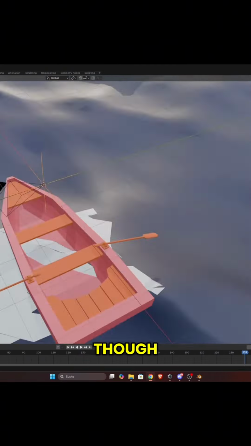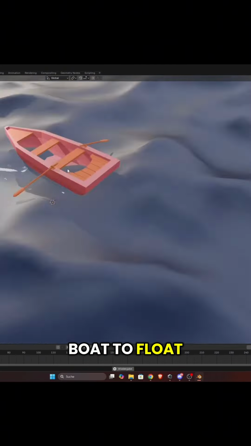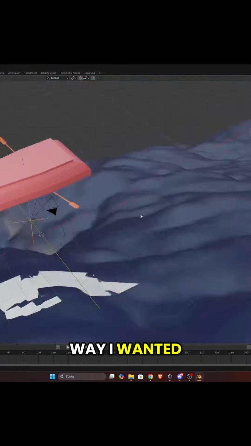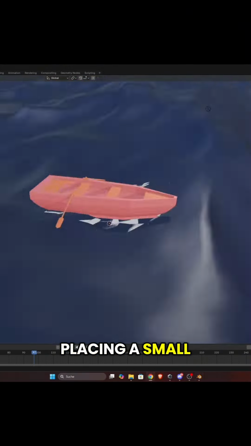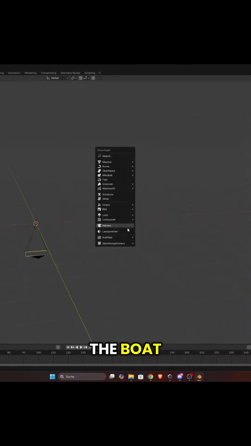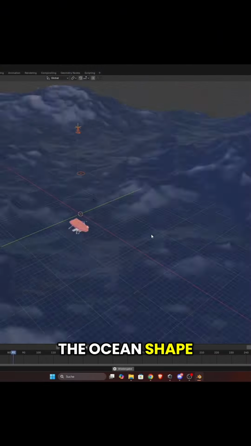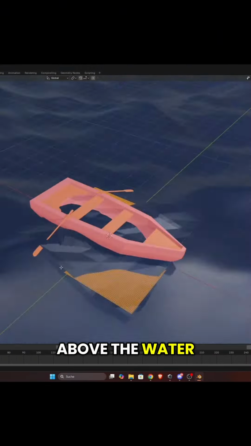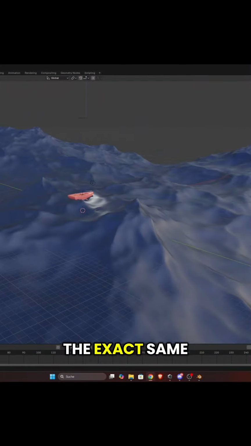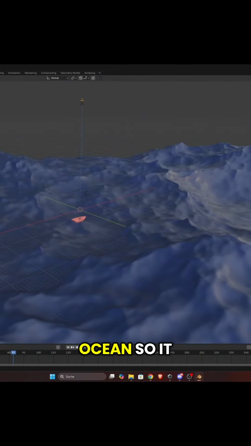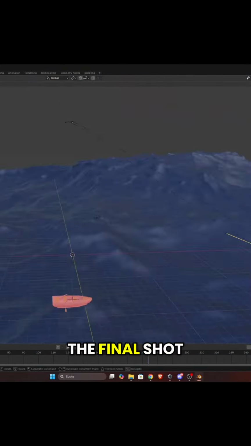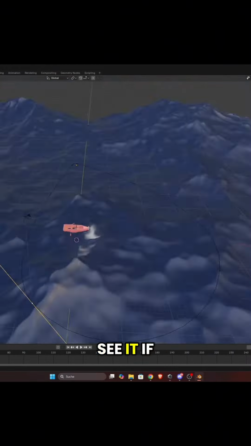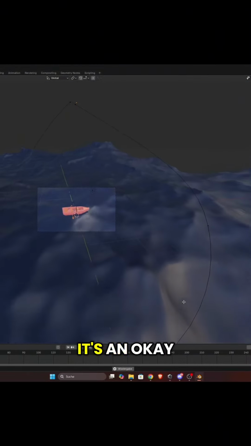The biggest challenge, though, was getting the boat to float naturally on the water. Since it didn't quite work the way I wanted, I ended up placing a small hidden plane underneath the boat. This plane follows the ocean shape and sits just above the water surface. I gave it the exact same color as the ocean, so it blends in. In the final shot, you can still see it if you look closely, but I think it's an okay workaround